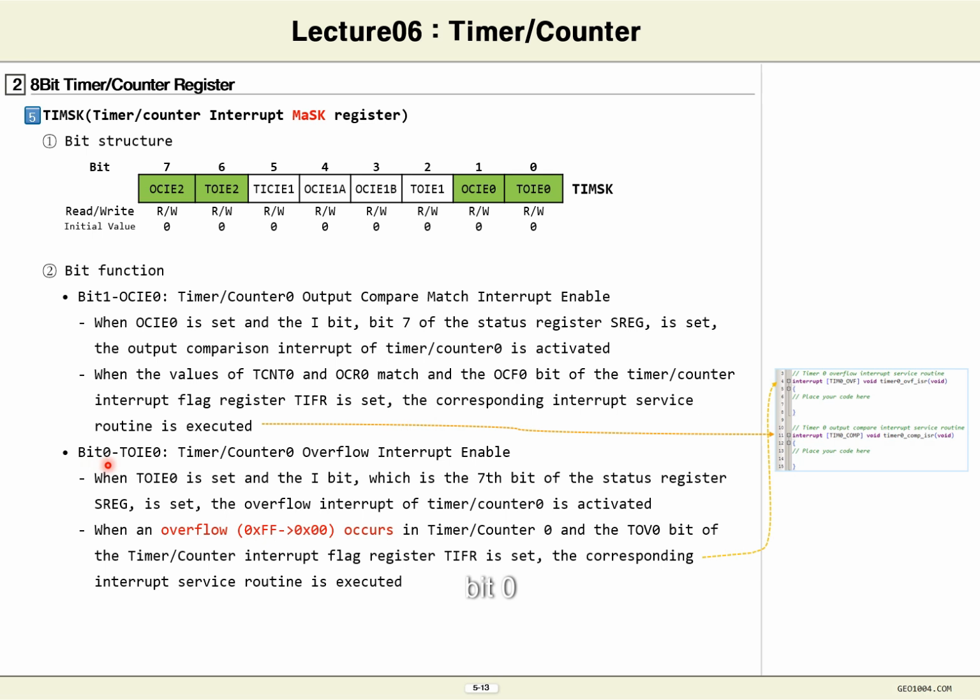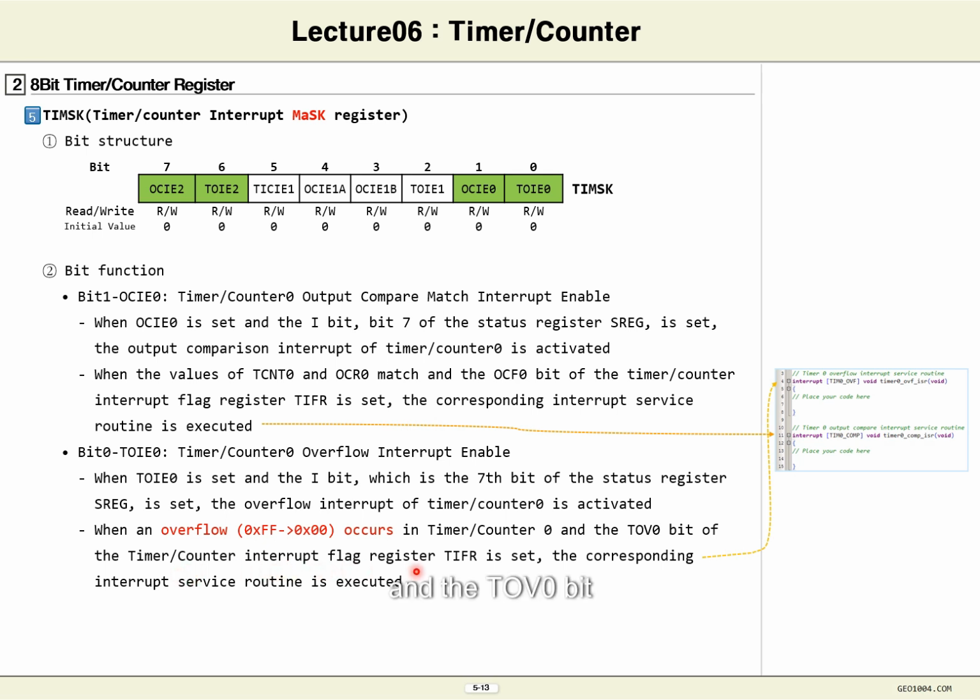If bit 0 is recorded as 1, the overflow interrupt of timer counter 0 is used. So, in this case, when TOIE 0 is set, and the I bit, which is the 7th bit of the status register SREG, is set, the overflow interrupt is activated. When overflow from 0xFF to 0x00, an interrupt of timer counter 0 occurs,